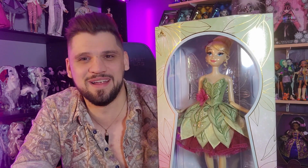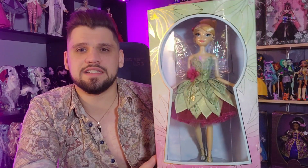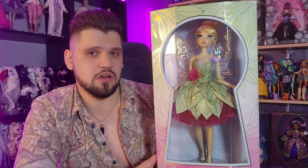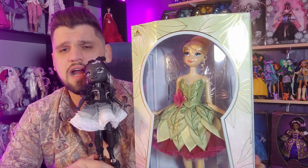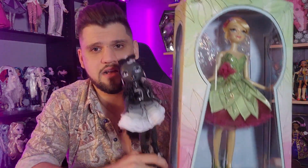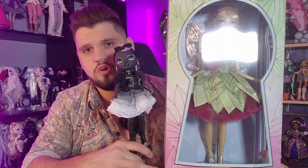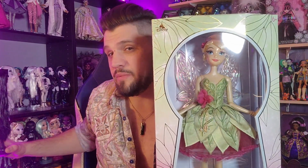I think today we're going to decide what we're going to do because I'm still looking at her. I'm like, I don't know what to do with this doll. If you're not familiar with Disney's 17-inch limited edition dolls, they are very large and very expensive. So this is a Rainbow High doll. These are about, I think, 10 to 12 inches. Next to this doll, she's so much bigger. So just to give a little bit of scale, if you're not familiar with these,